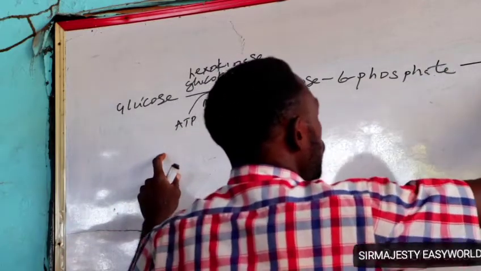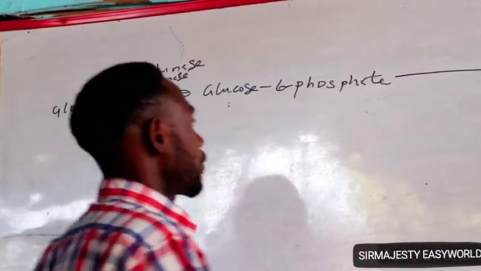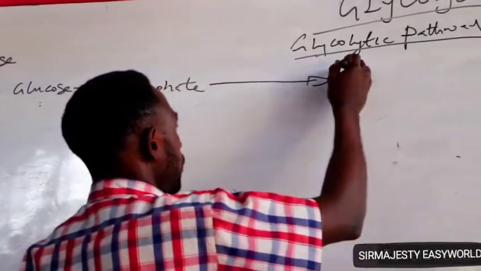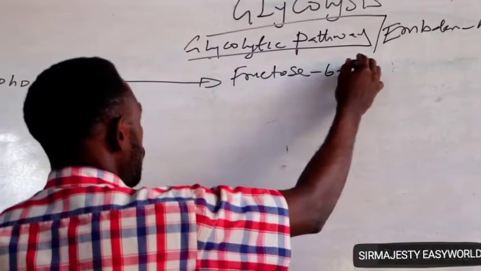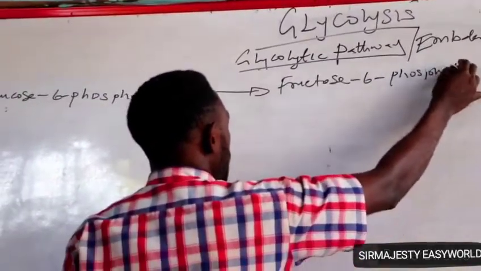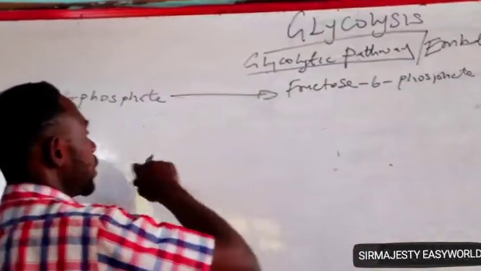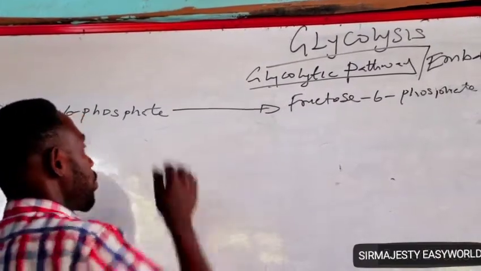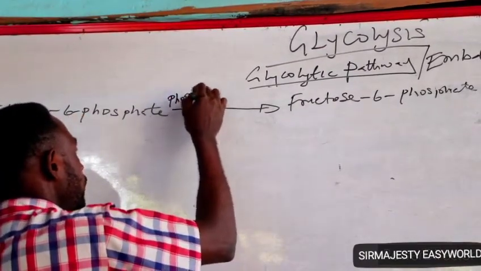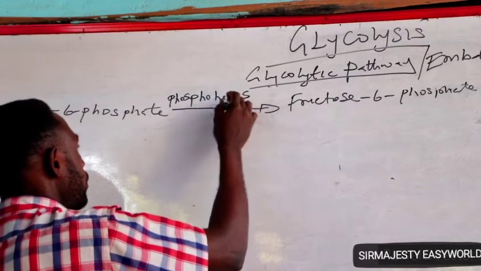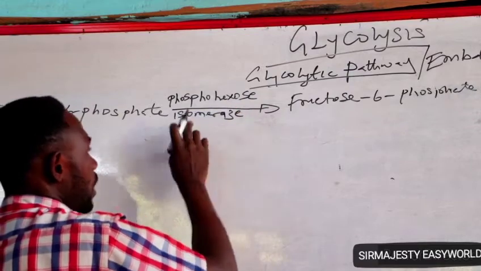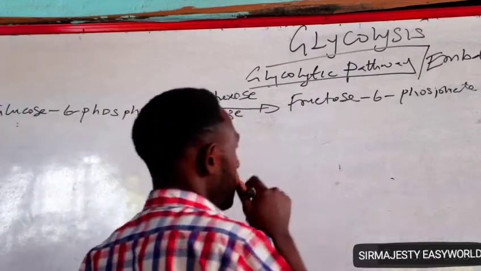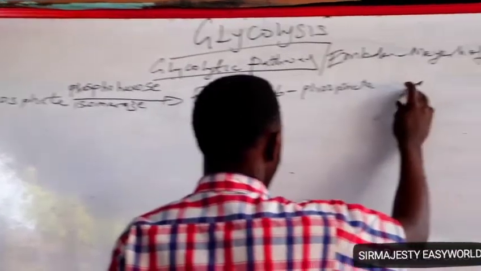Then from glucose 6-phosphate, this reaction is actually irreversible. Glucose 6-phosphate is now isomerized to fructose 6-phosphate. The enzyme involved here is specifically an isomerase, but the correct isomerase is phosphohexose isomerase. That's the enzyme. Then the third step is another phosphorylation reaction,